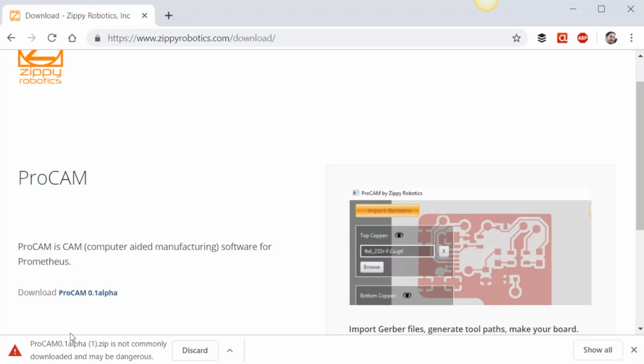Google Chrome might tell you that this is not a commonly downloaded file and it might be dangerous. So we don't want to discard it. We want to keep the file. This might be because I just uploaded it last night, and maybe it needs to have a few people download it. I don't know how Google handles that. But anyway, we kept that file, and now we can go to the download folder